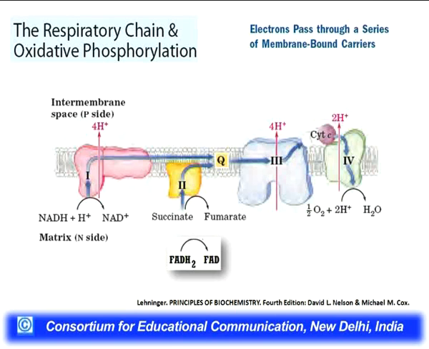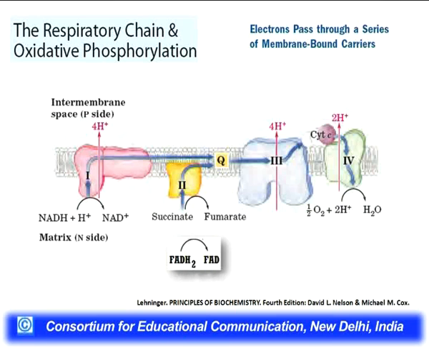Now, what exactly happens in this respiratory chain or the oxidative phosphorylation? In this oxidative phosphorylation, the NADH, which has stored up the energy in the form of electrons, gives up these electrons to the first complex present in the inner mitochondrial membrane, and from this complex 1 it goes into a transfer molecule, which is Q or ubiquinone. From Q it goes into complex 3, from complex 3 it goes to cytochrome C, from cytochrome C it goes to complex 4. This is how the transfers of electrons take place, and at the end half a molecule of oxygen along with the protons takes up this electron to form a water molecule. So the energy or the electron stored in the reducing equivalent such as the NADH is taken up through these complexes, complex 1, 3 and 4,